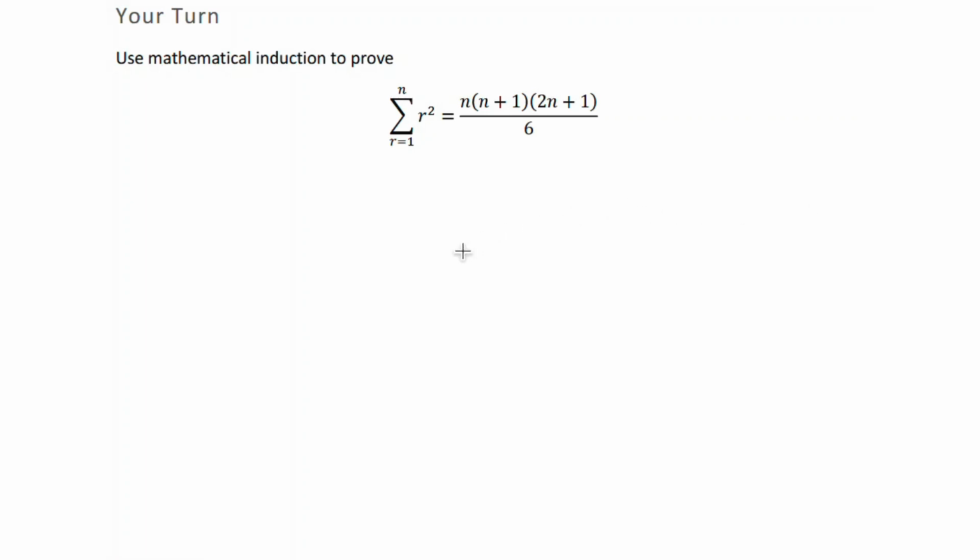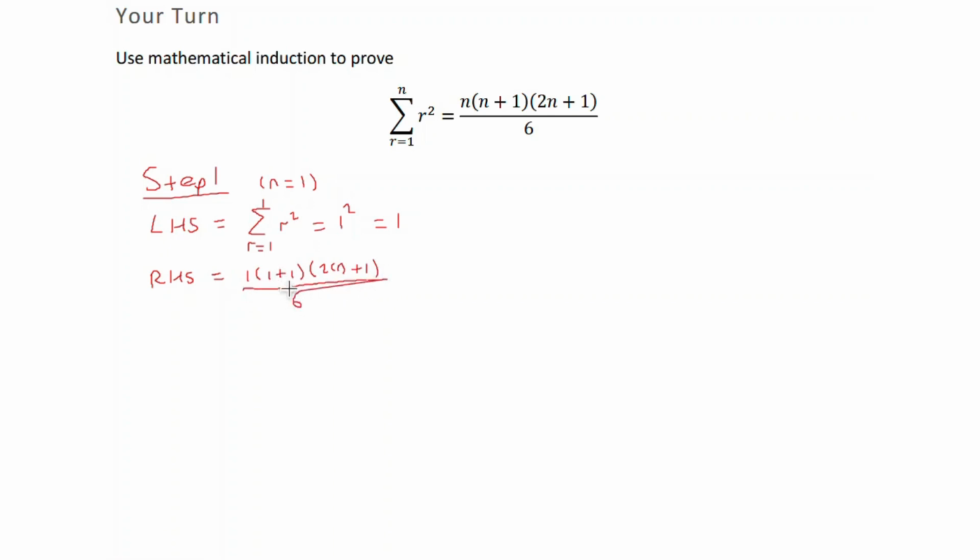Using mathematical induction, we're going to prove that the sum of the square numbers is equal to this. First we start with step 1, which is when n is equal to 1. In that case, the left-hand side is equal to the sum from r equals 1 up to 1 of r squared, which is 1 squared, which is 1. The right-hand side is equal to 1 times (1 plus 1) times (2 times 1 plus 1)